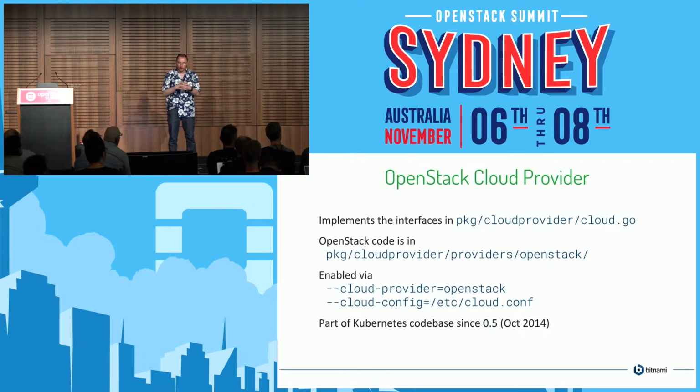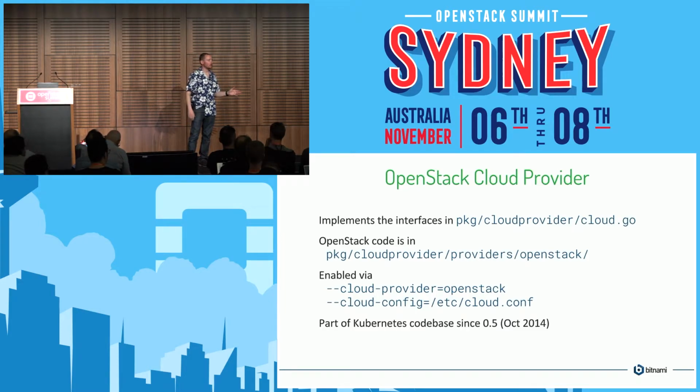In Kubernetes, there is the idea of a cloud provider. And this is the main place where knowledge of the underlying cloud exists. It's a Golang interface that then gets implemented by a bunch of different modules. There's an OpenStack one in that location there. And if you go and look in that directory, you'll see a bunch of others. There's one for GCE, there's one for Amazon, and about a dozen in total. I haven't counted.